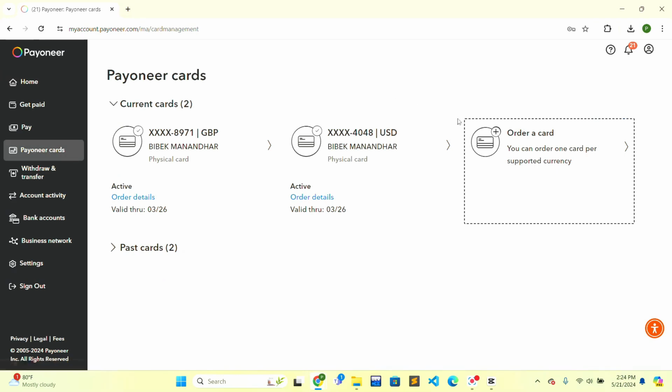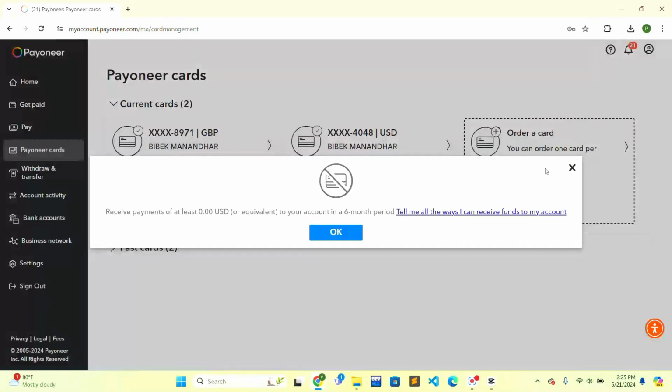As you can see, these cards are Payoneer's commercial Mastercard, where you can set up cards in different currencies where you will have more transactions. So if you have a business in the United States, you will create a United States Mastercard of Payoneer and you can do transactions very easily, and the conversion rate will also be very low as everything is done by Payoneer itself. So in order to get the card, you can just click on Order a Card